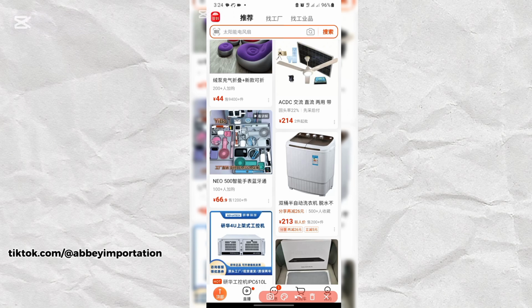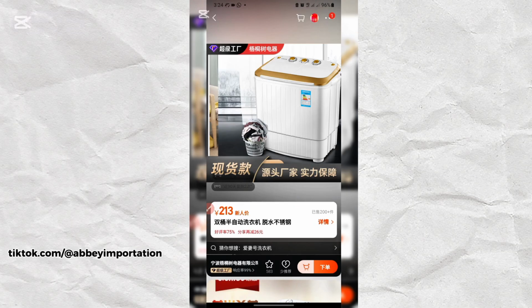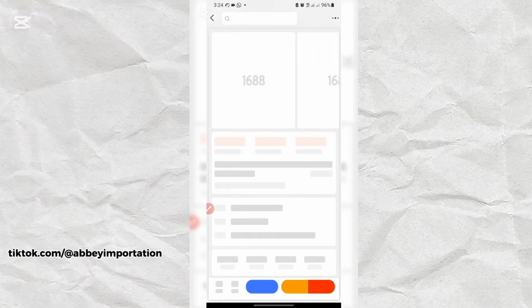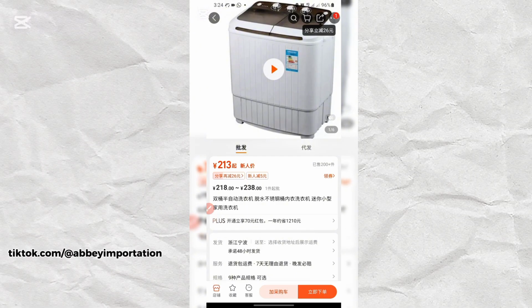Now let's say I saw this washing machine now, and I want to buy this washing machine. What I have to do? First of all, I'll just click on the machine, then I click on this, then after